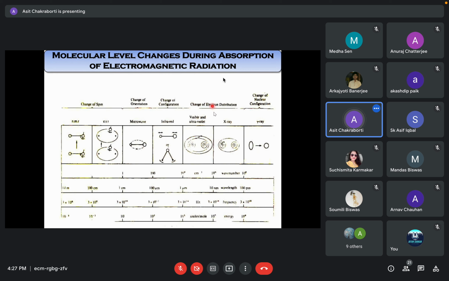That is the reason up to here we have the common techniques we call electronic spectra, meaning change of the electronic distribution, though that is not the correct terminology. Here also the electronic energy level changes, but traditionally we call it electronic spectra, or UV-visible spectroscopy. In IR also electronic changes take place, but only the vibrational level changes. That's why it's called vibrational spectrum. And these are the three common techniques, right?